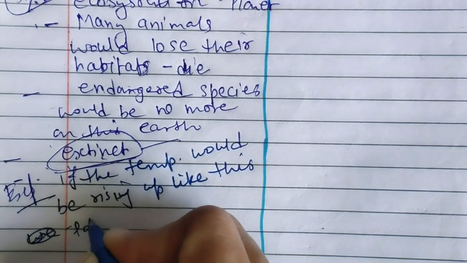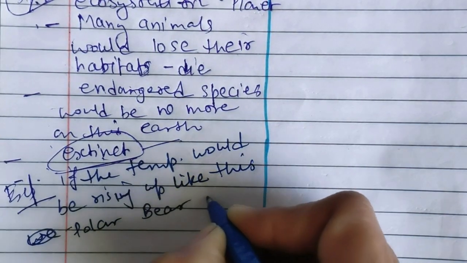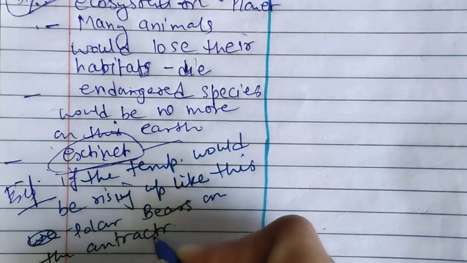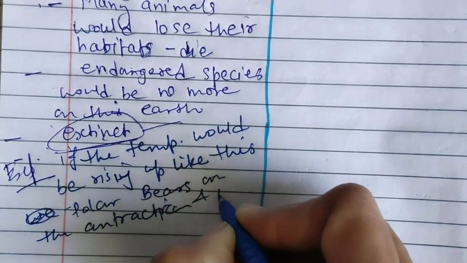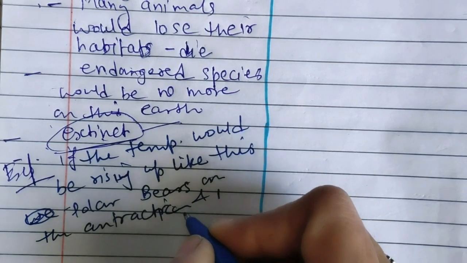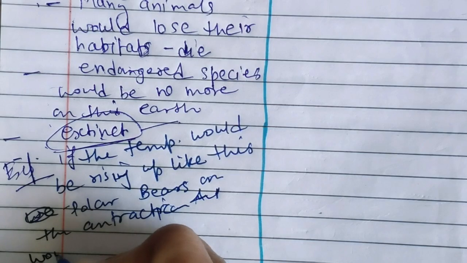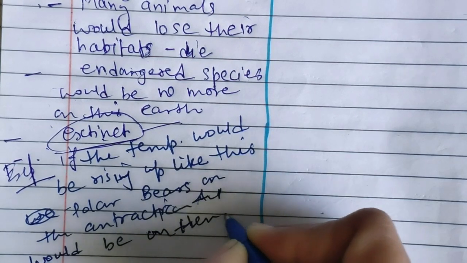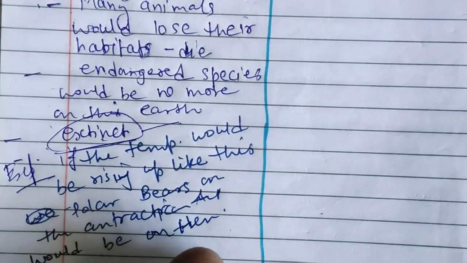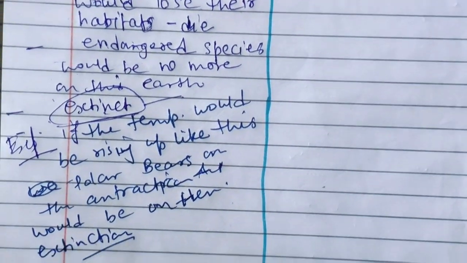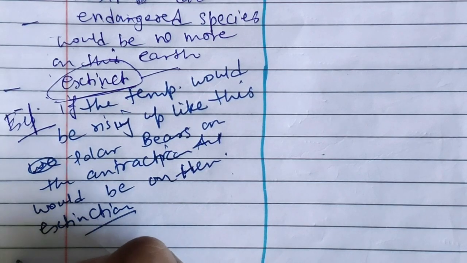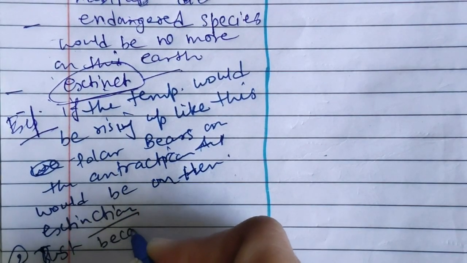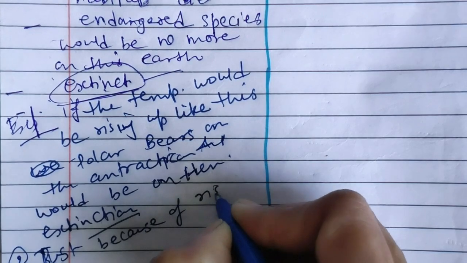their polar bears on the poles, on Antarctica, would be on the verge of extinction. You can just write here, on their extinction. And just because of a second point, just because of rising temperature,